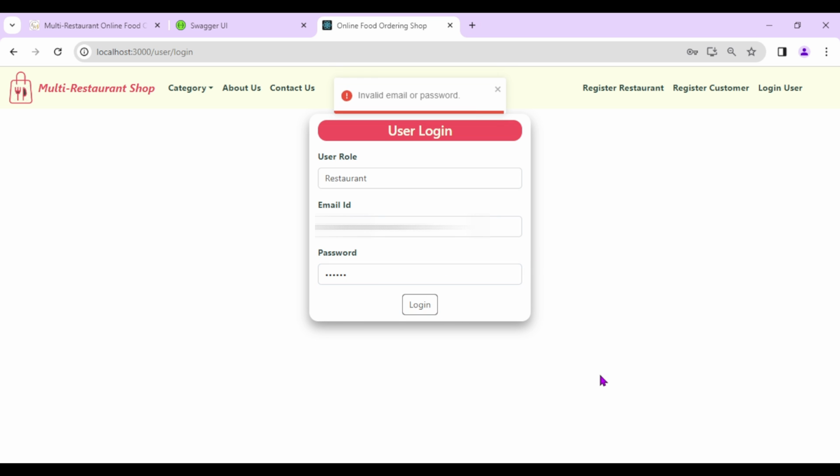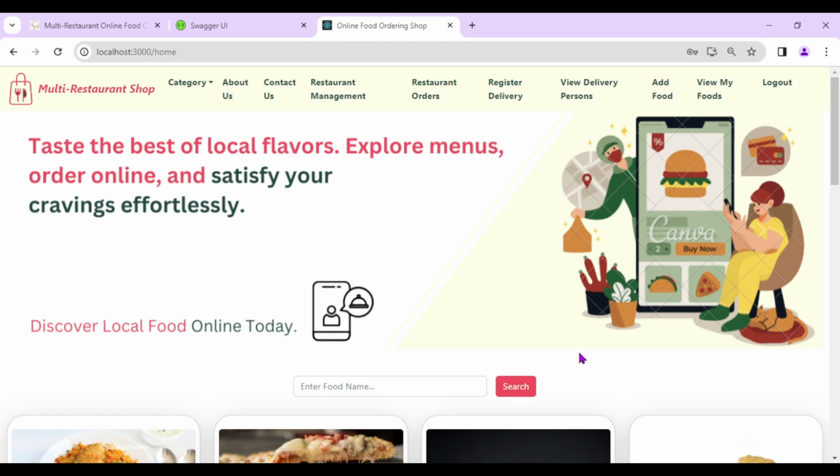Login, invalid email or password. The spelling is wrong here. Login. Logged in successfully, and in here we can add the food from here.